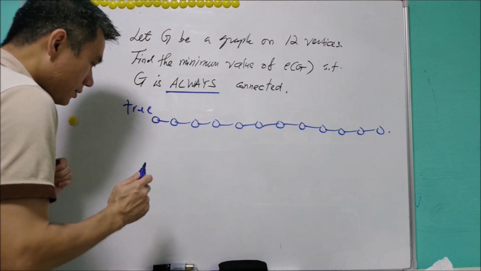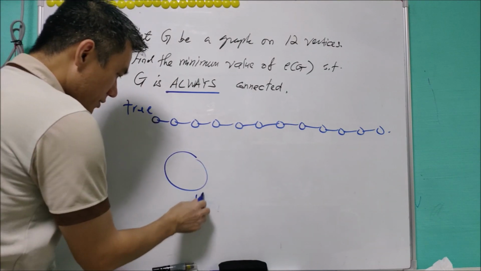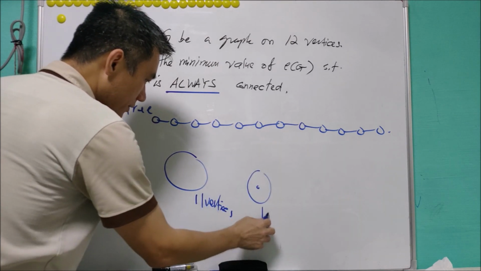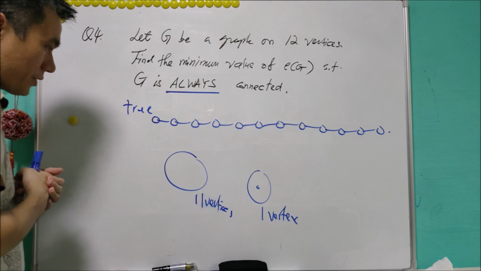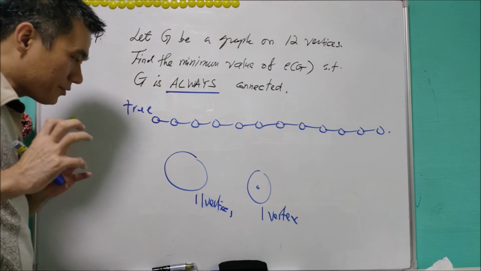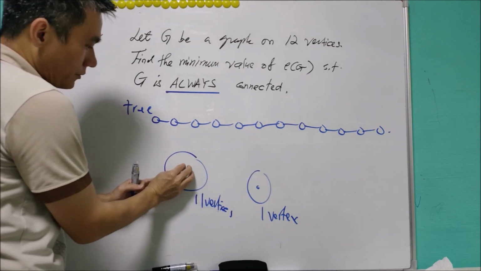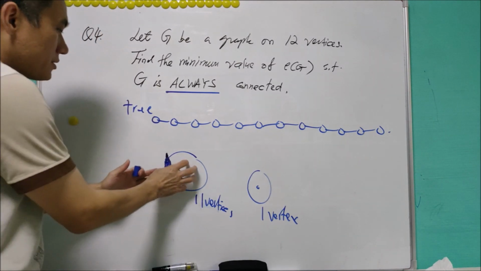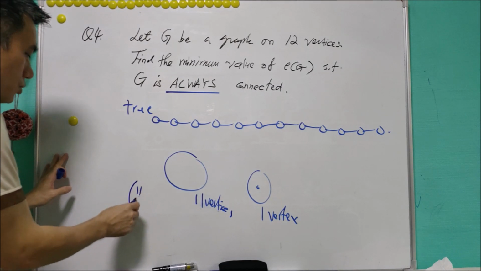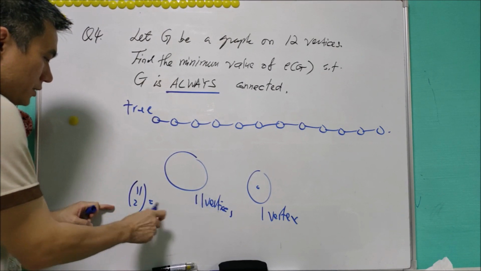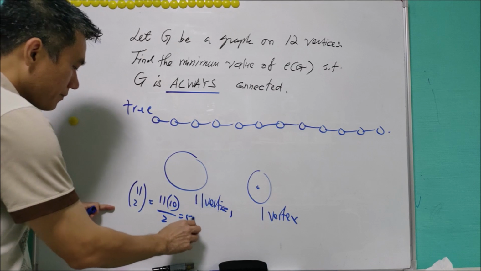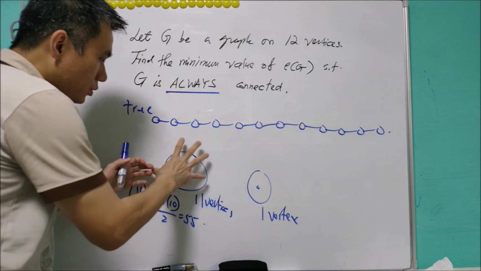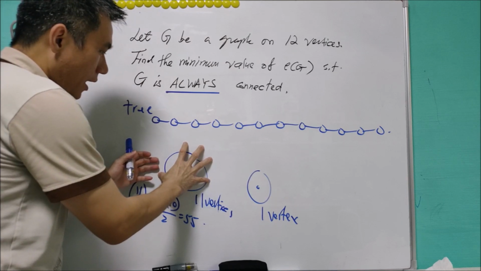Suppose G is not connected and we have two components, where this is 11 vertices and this is one vertex. If G has 50 edges, then I will make all the 50 edges go into this component. Since this component has 11 vertices, the number of edges that it can absorb is 11 choose 2. 11 choose 2 is equal to 55. If the number of edges is less than 55, we can always put it into this component, and the resulting